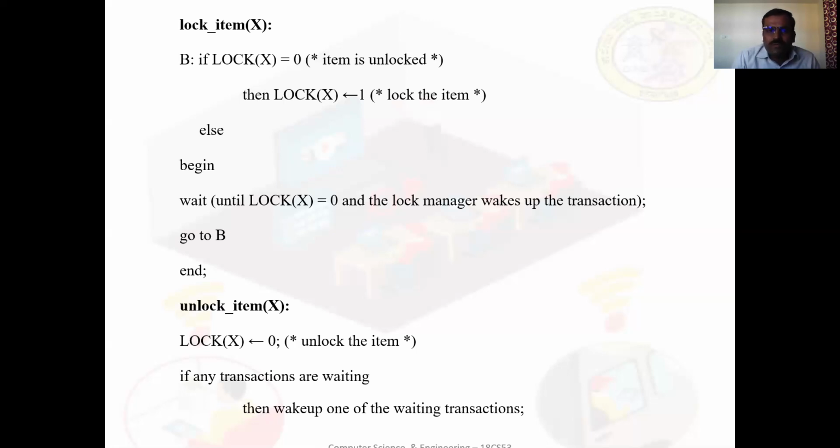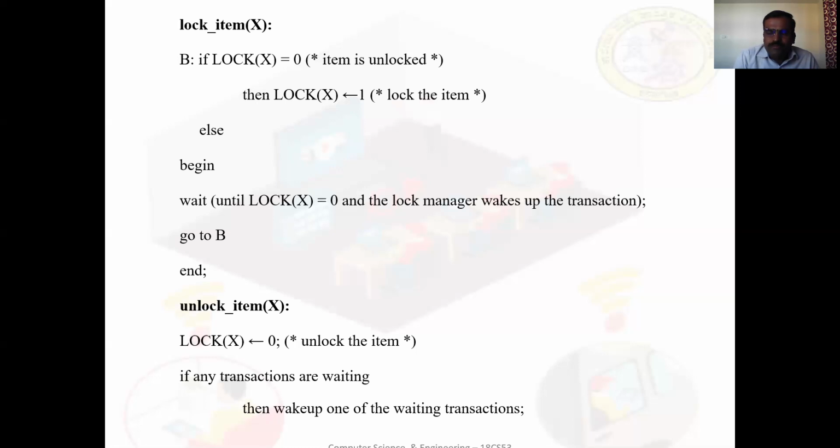It is quite simple to implement a binary lock. All that is needed is a binary valued variable, meaning 0 and 1, associated with each data item X in the database.